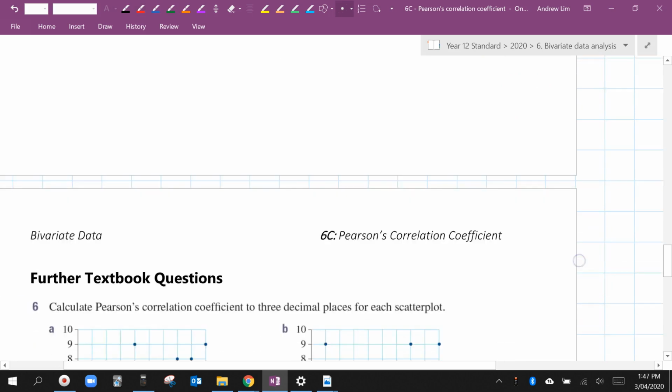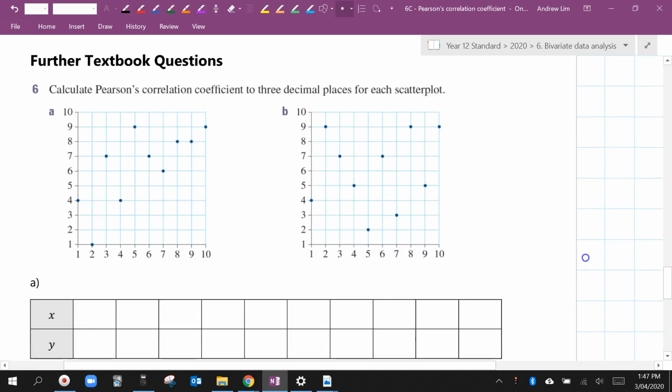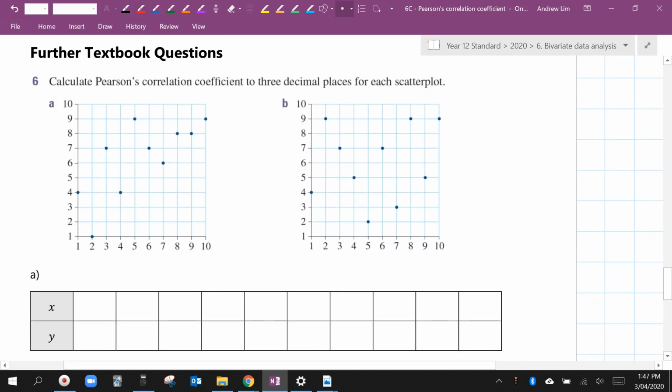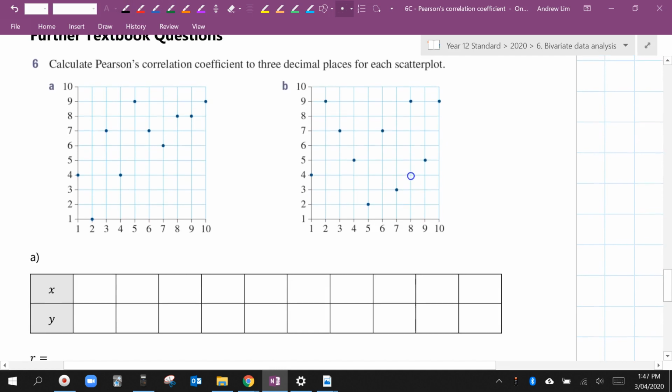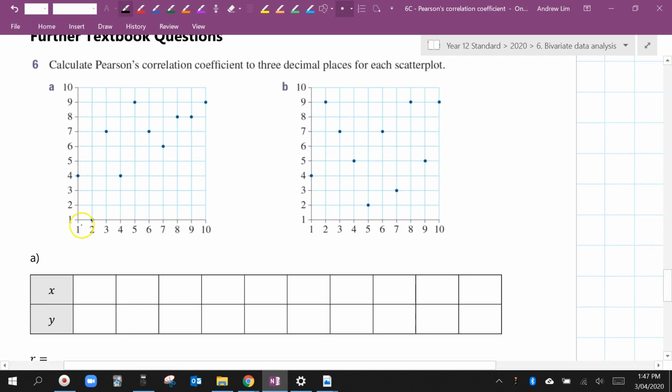Okay. I'm going to do one more question with you. I'm going to do 6a and then I want you to pause the video and have a go at question B. Calculate Pearson's correlation coefficient to 3 decimal places for each scatter plot. So I'm going to enter in the values for A,